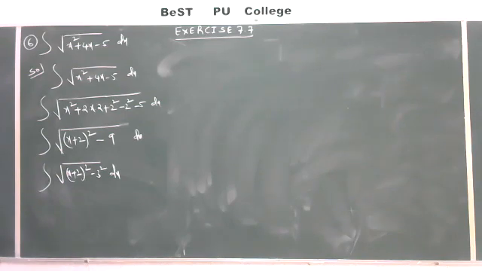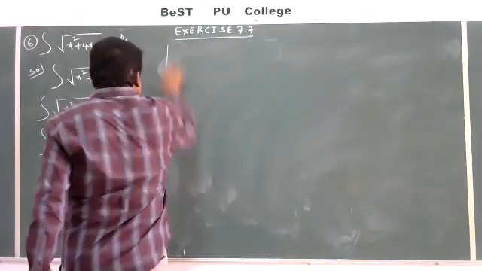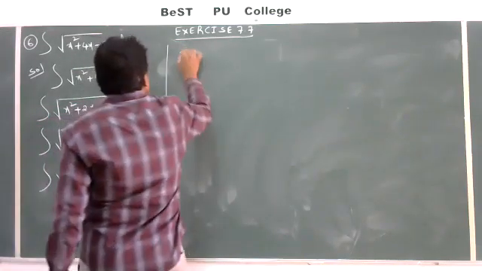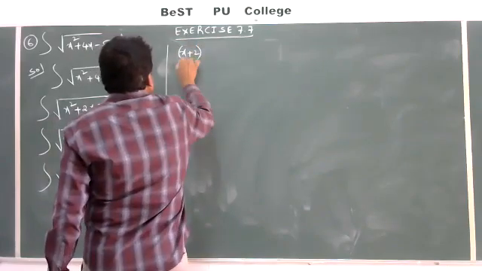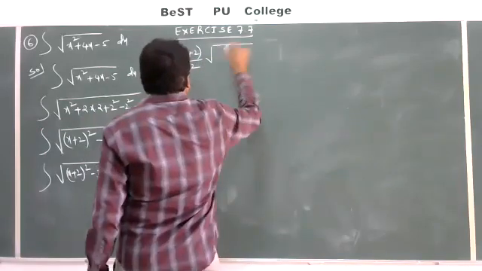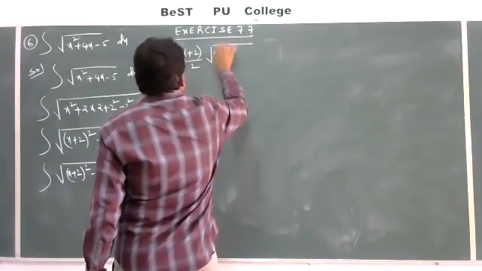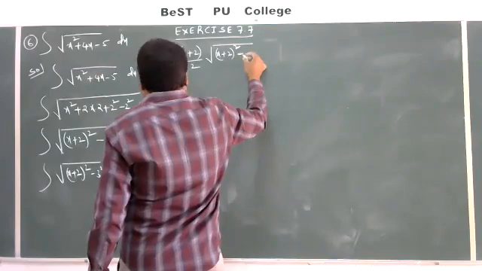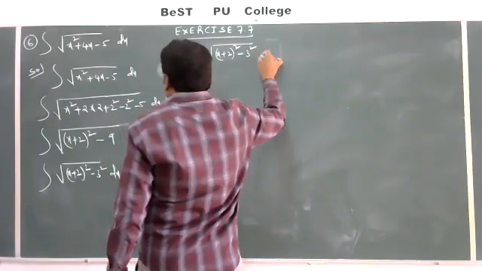So apply the formula. Integral root of x square minus a square, that is x by 2, x plus 2 by 2, into root of x square minus a square, that is x plus 2 whole square minus 3 square, minus a